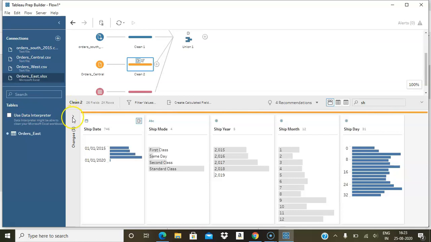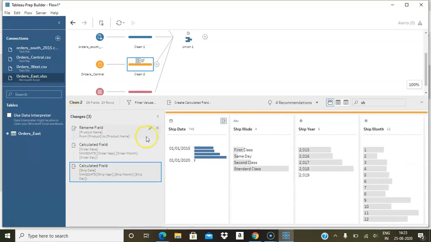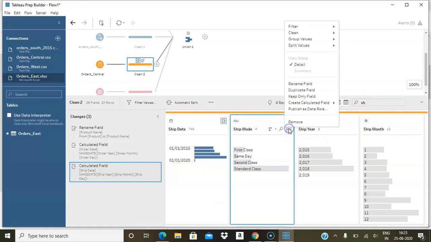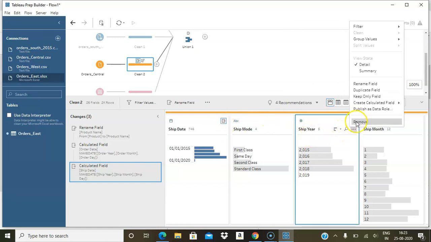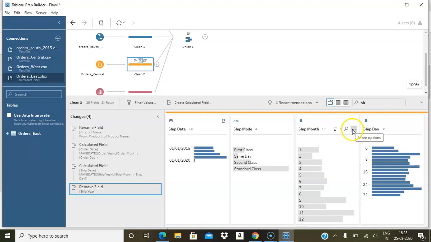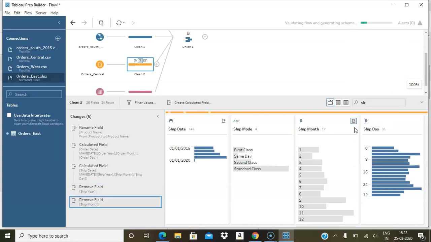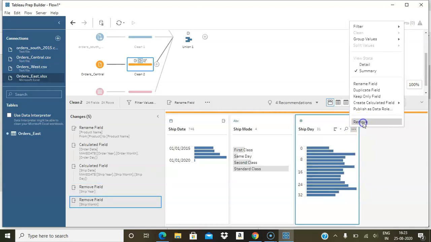So totally we have made 3 changes in central: renaming the product column, and creating order date and ship date from the year, month and day. Now we can remove these fields because we don't have separate year and month columns in the other files. So I am removing the ship year, ship month and ship day.